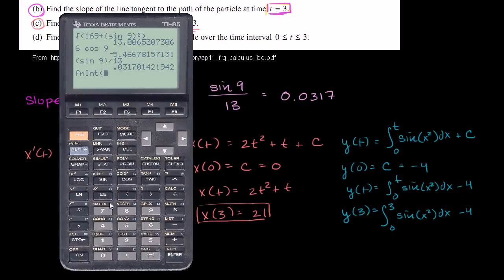So the function is going to be sine of x squared. That's what I want to evaluate the definite integral of from 0 to 3. And my variable, sorry, I need to say what the variable of integration is first. So my variable of integration is x, and I'm going to go from 0 to 3. And this gives me, let's see, let the calculator think a little bit,